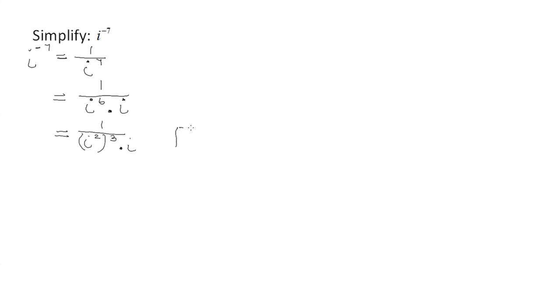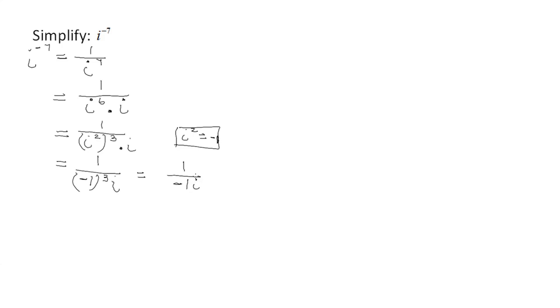Because we have a value for i to the power of 2. i to the power of 2 is equal to -1. That we have done in mathematics level 3. And this will give me 1 over (-1) to the power of 3 times i. Then the other rule, a negative raised to an odd power gives me a negative. So the answer there is